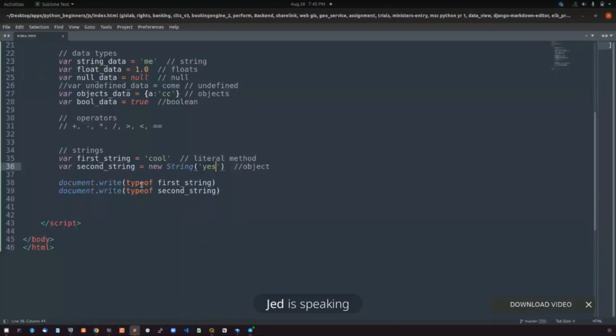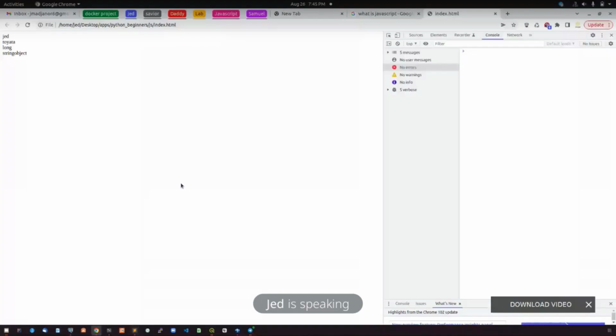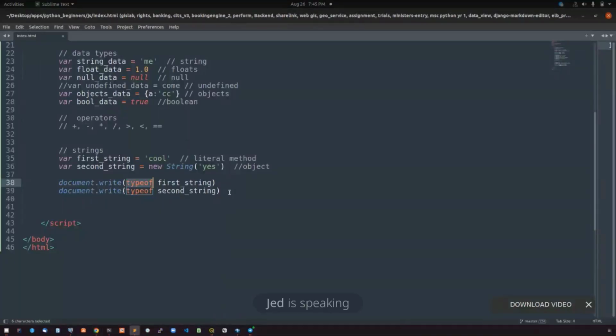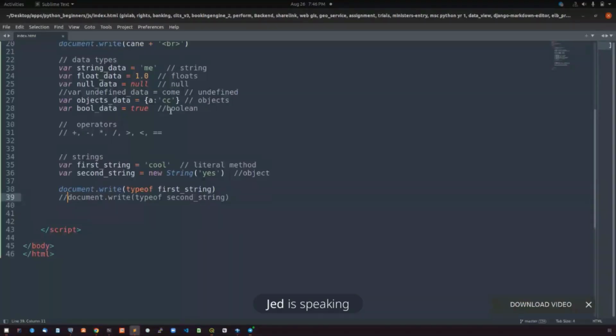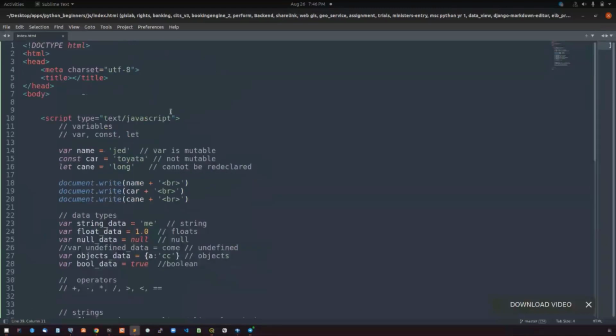So this typeof over here allows us to see the type of data that we are using currently. Let me comment this out. Our first data type here is a string. Let me comment this one also out. We have our string,